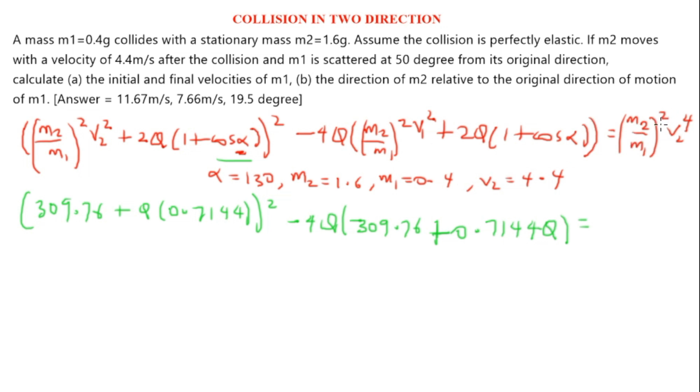4 squared, that's 16. 16 times 4.4 raised to power 4 will give you 5996.9536. So we are very close to a quadratic equation. I will need to expand by multiplying both sides by 4, and then I will need to expand this expression with squared. If you expand it, you will have something of this nature: